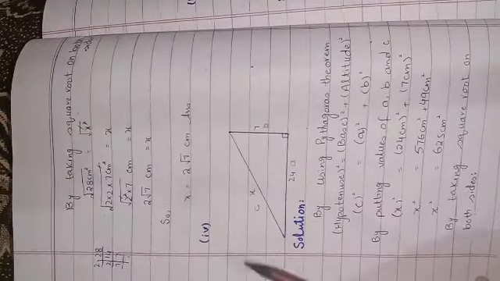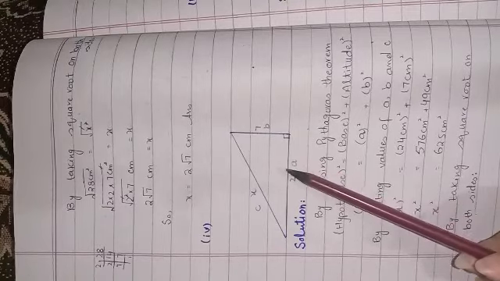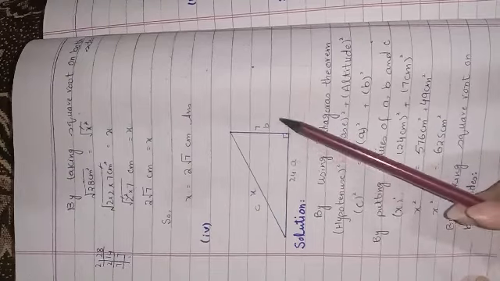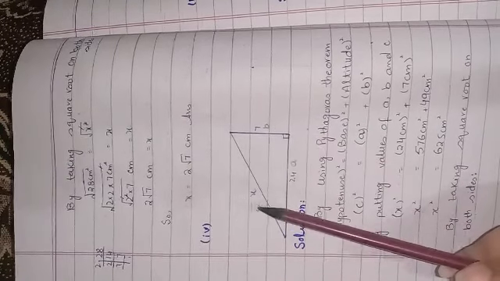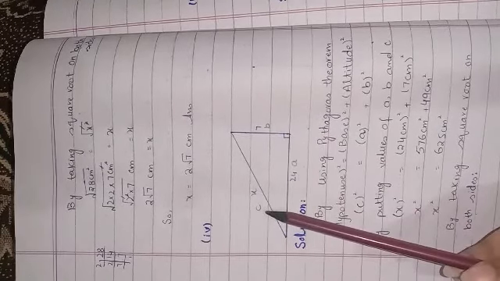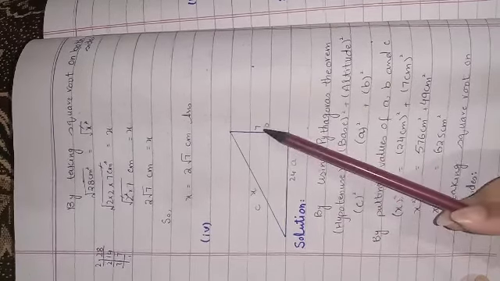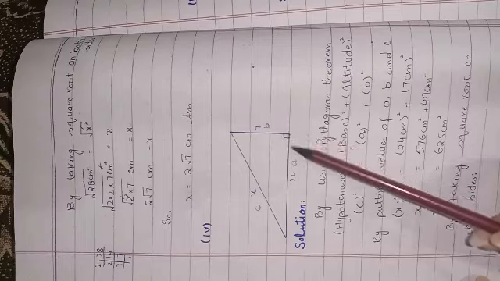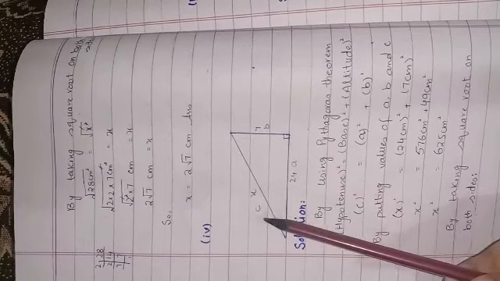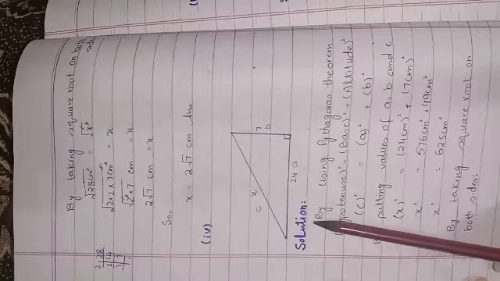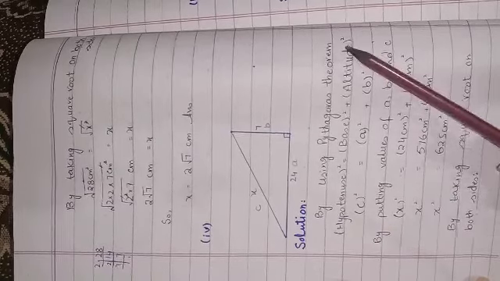Now students, here is our part 4. Here is our triangle. This is our base indicated by A, this is our altitude indicated by B, and here is our hypotenuse indicated by C. As you know that both measurements of base and altitude are given, we have to find out the value of hypotenuse. Now let's start. Here is our solution by using Pythagoras theorem.